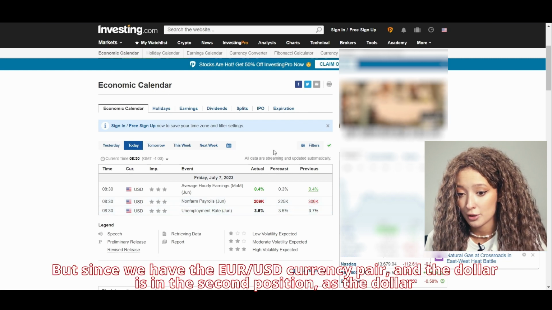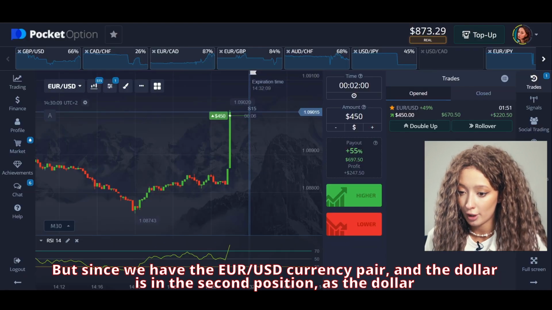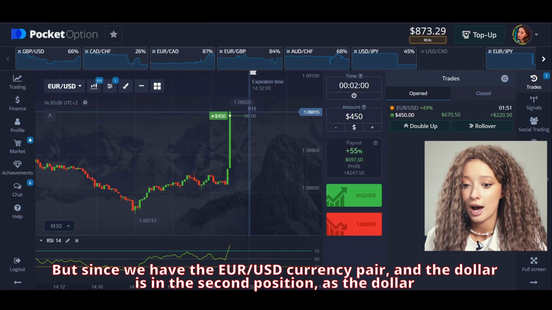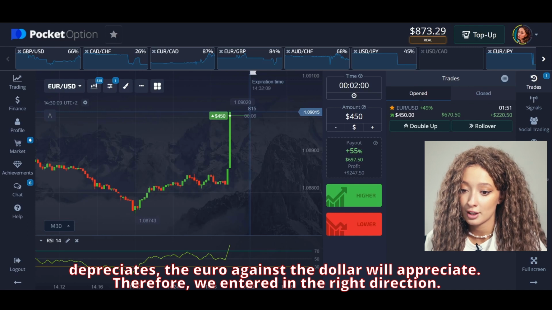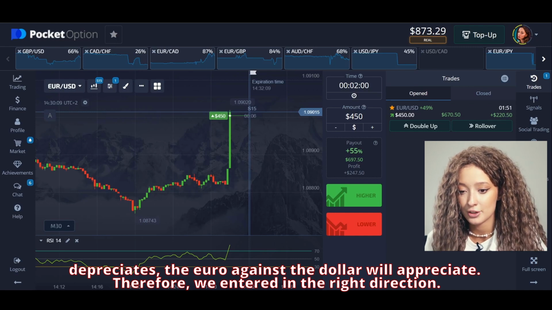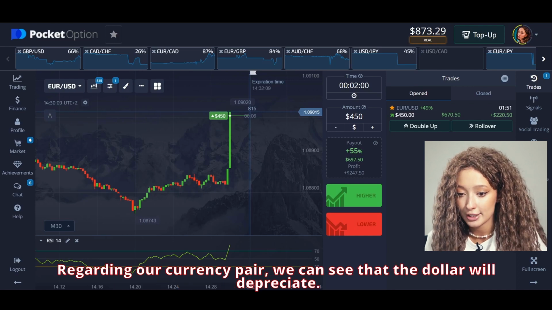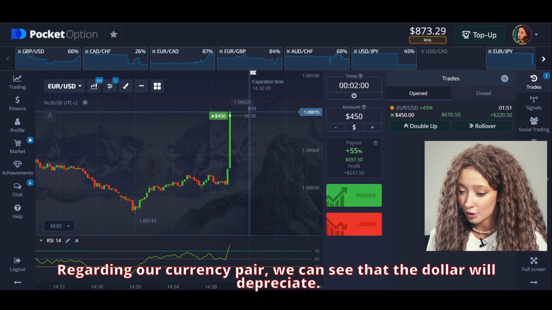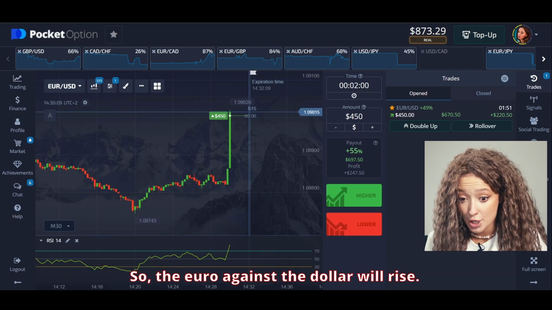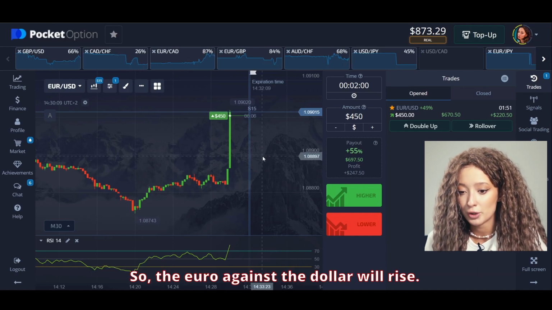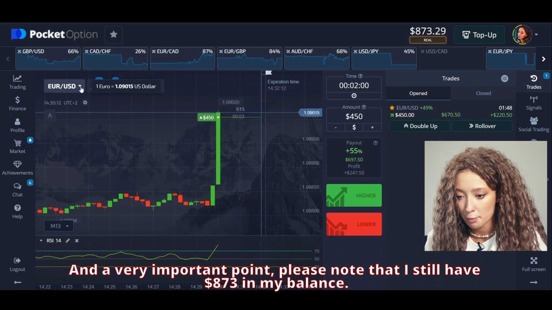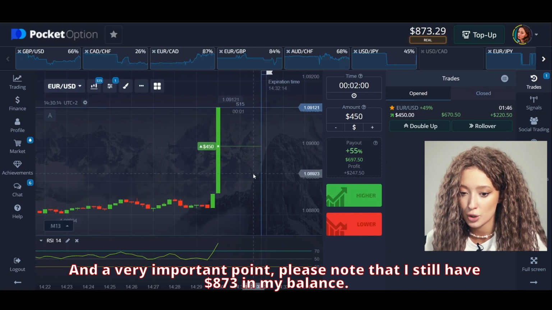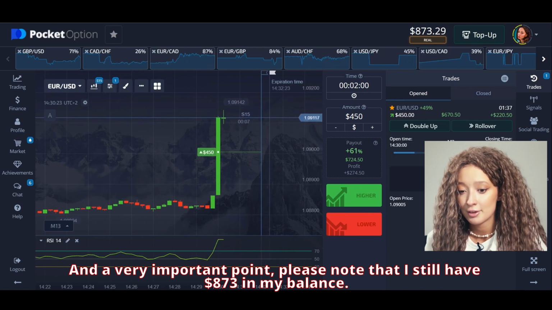But since we have the euro and USD currency pair and the dollar is in second position, the dollar depreciating means the euro against the dollar will appreciate. Therefore, we entered in the right direction. Regarding our currency pair, we can see that the dollar will depreciate. So, the euro against the dollar will rise. And a very important point is that please note that I still have